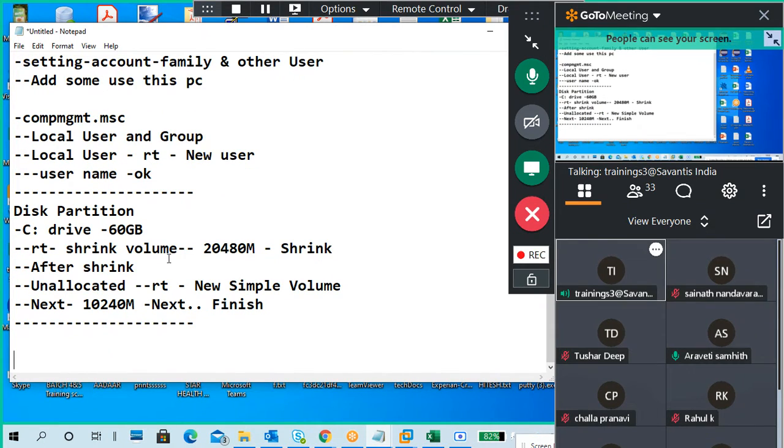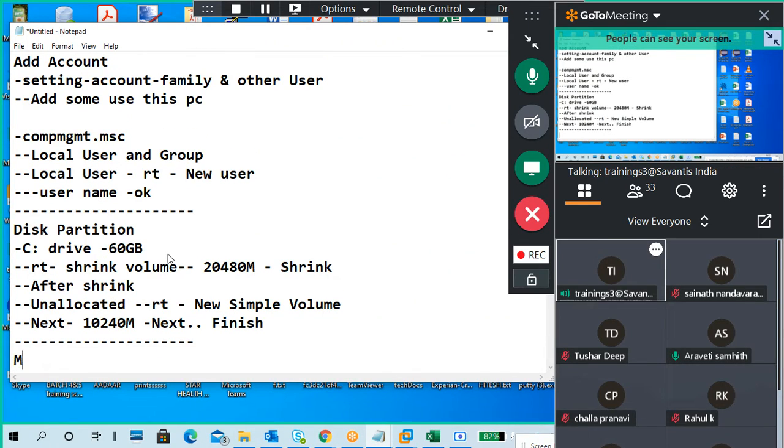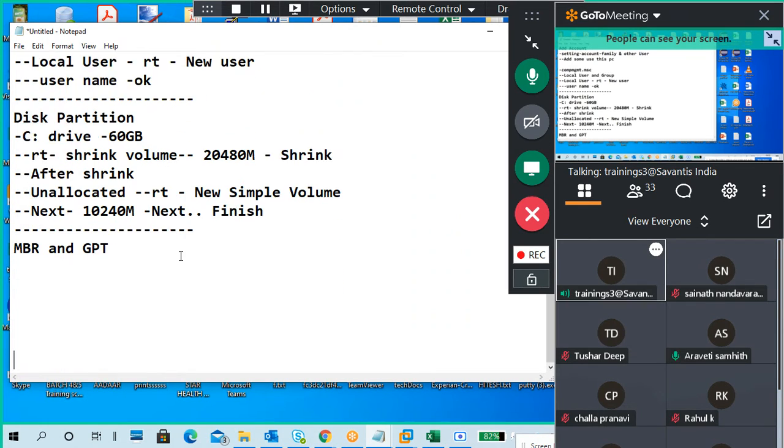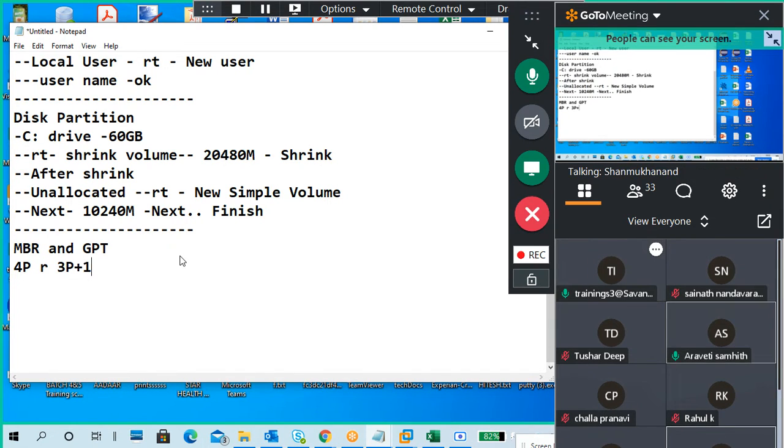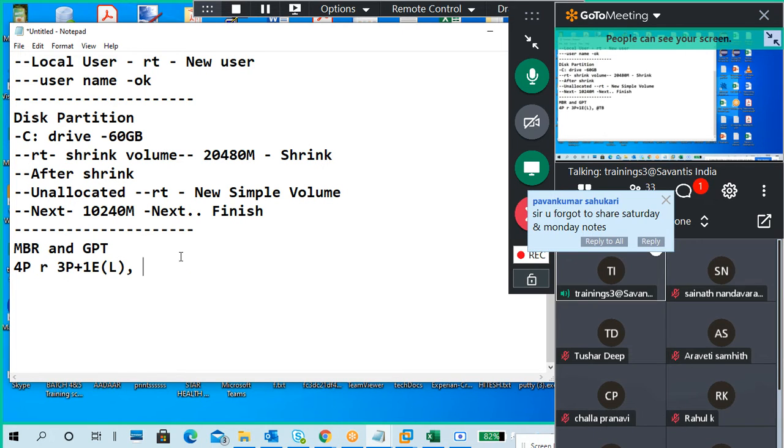Now disk volume. We discussed MBR and GPT. Very simple. MBR supports three primary and one extended partition, and in the extended we can create a number of logical drives. It supports a maximum of 2 terabytes.